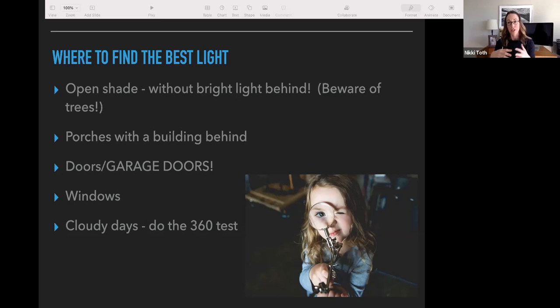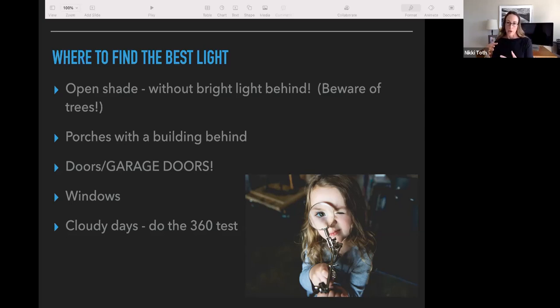So what I try to do around my own house is set up rooms so that I can utilize the light the most effectively. And you can do the same thing in terms of the way that you're setting up your space at work. So we'll talk about this in a second, about becoming a student of the light in your space. But when you are in your space all the time, which you are typically as a small business owner, start to pay attention to when the light is really nice in certain areas of your space. And when I say nice, what I mean is